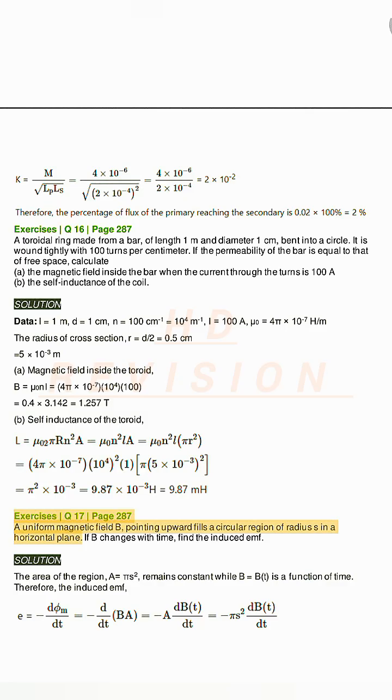Exercises Q17, page 287. A uniform magnetic field B, pointing upward, fills a circular region of radius S in a horizontal plane. If B changes with time, find the induced EMF. Solution. The area of the region, A equals pi S squared, remains constant while B equals B of t, a function of time. Therefore, the induced EMF